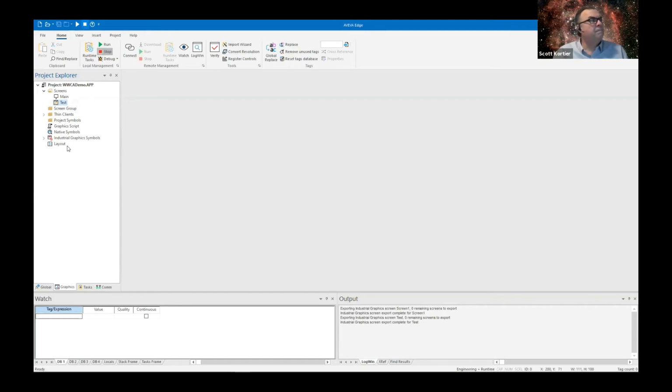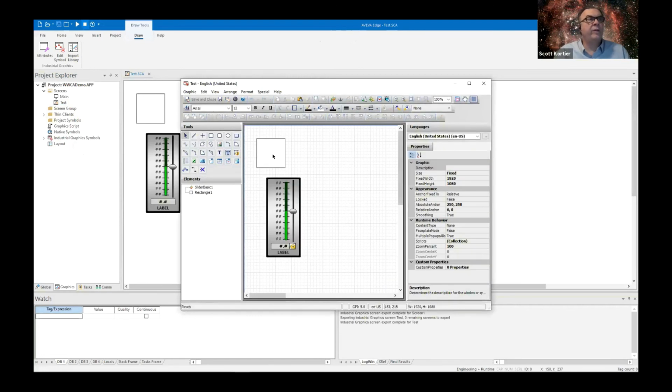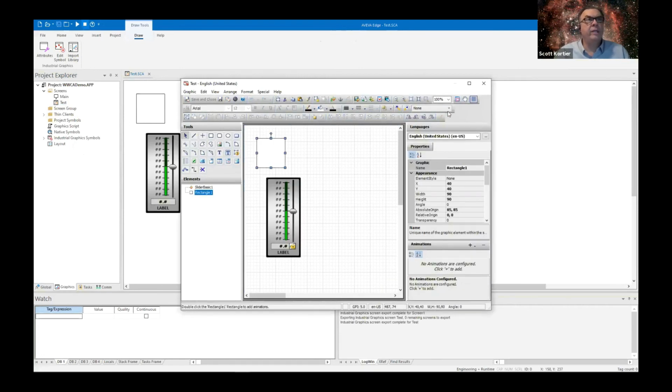So was there anything else I wanted? Yeah, something else I wanted to bring up, because a lot of questions that I get. Notice here in Edge 2020, we've only got the ability to import. In the next update that we're working on, we will have an export for the library, and then we will also have the ability to work with the style elements. Today we don't have that. That is not part of this, where you can select on an object and then choose the style elements here. That is coming. Today we don't support that, and I know we'll get a lot of questions on that if I don't bring it up, so I'll bring that up ahead of time.